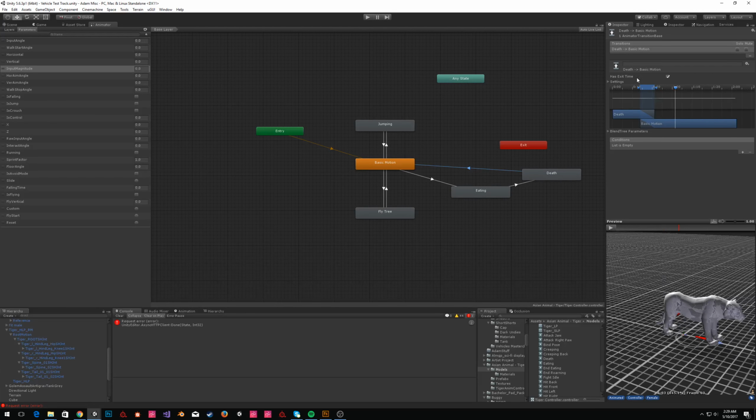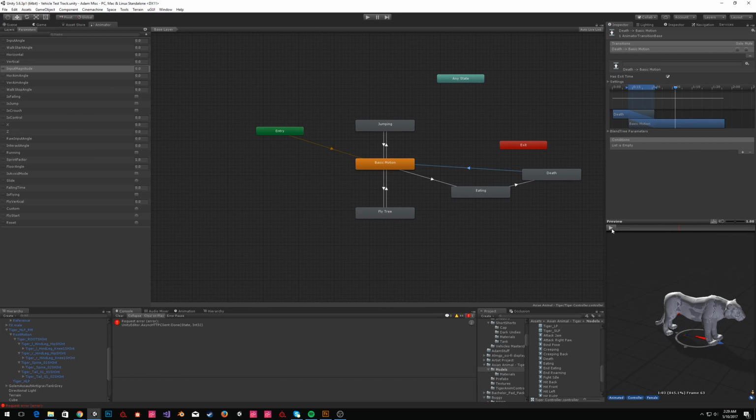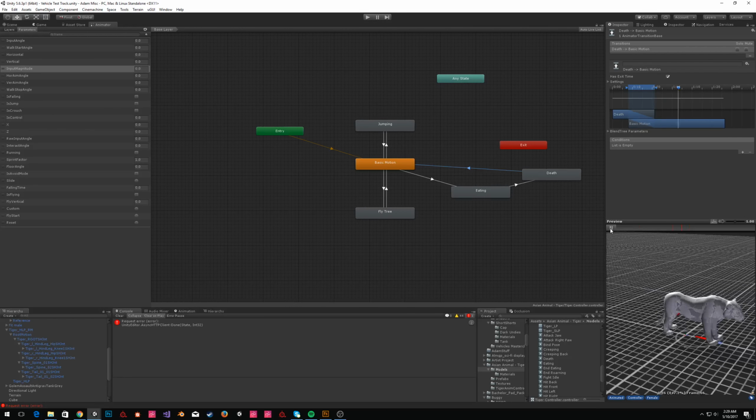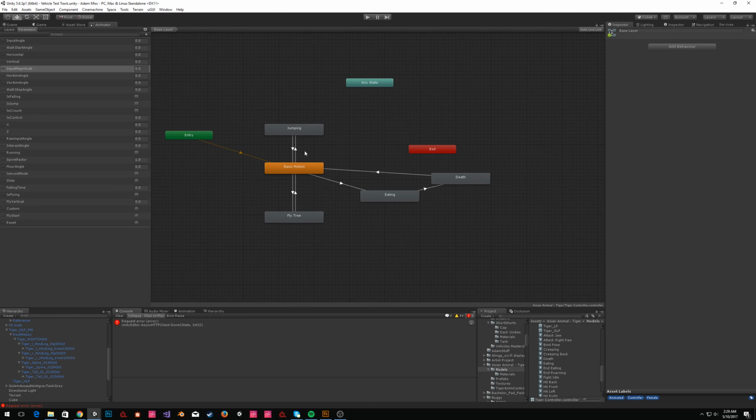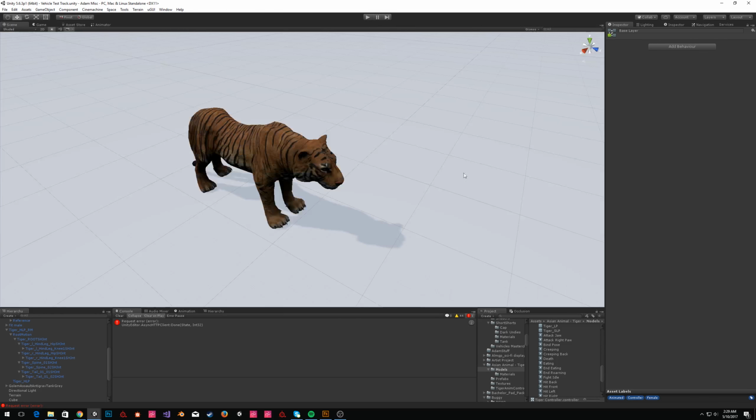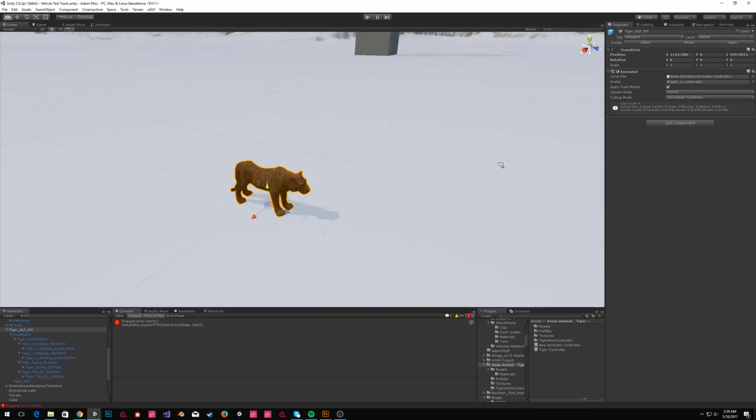Very straightforward. Now you can play with the lengths of the blends here a little bit if you want to make them smoother, on exactly how long it takes an animation to come back up. You can play with these transitions, and I do recommend it if you want to make things look good. You've got a lot of control in the animator over exactly how and when transitions happen. But this state tree will do. So we now have our tiger controller and our tiger. We are pretty much ready to set this up as a costume item,